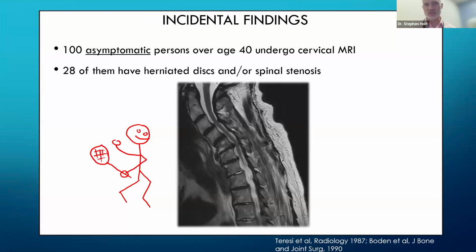So imagine being in this study where you're just enrolled because you have no symptoms and you wanted to participate in a little bit of medical research. You do the study, you find out, oh my God, I have spinal stenosis. Now you're very sad, because not only have you just been told you have this terrible pathology in your spine and you're anxious about the possibility that you could crick your neck the wrong way and become paralyzed, but basically you've been told you have things that maybe need to be addressed even though you weren't having any symptoms. This type of study has been shown in other venues as well.